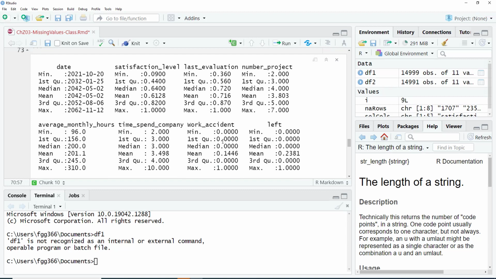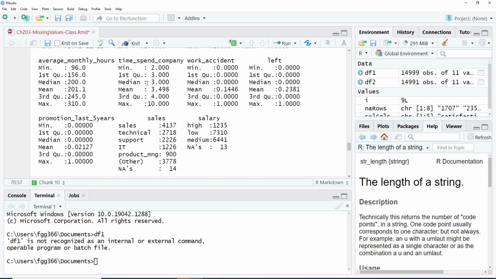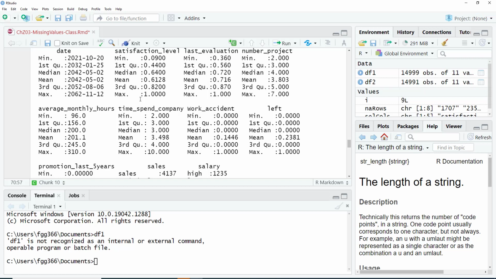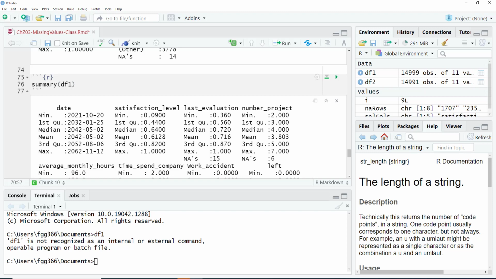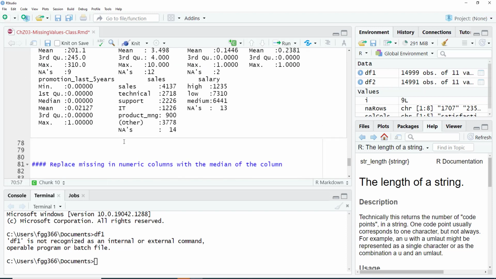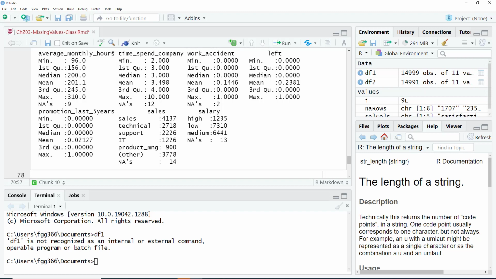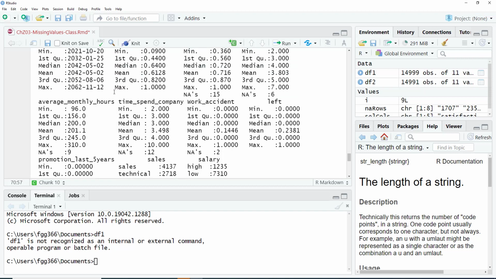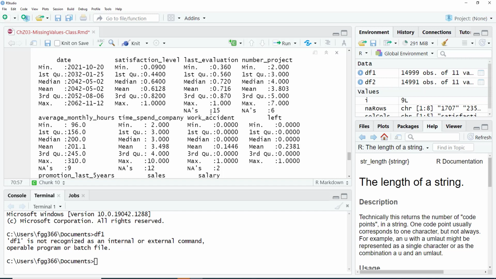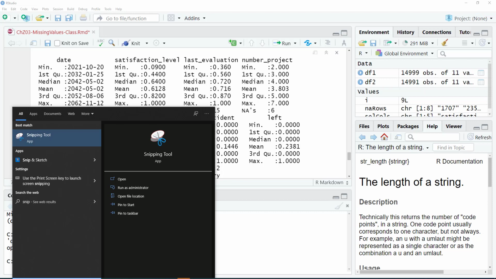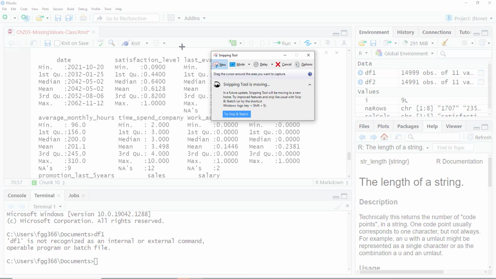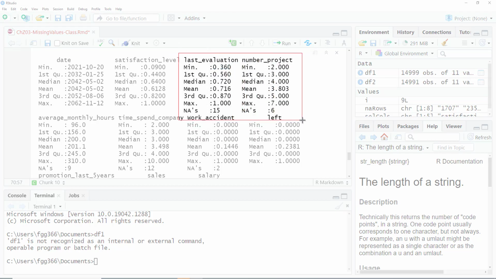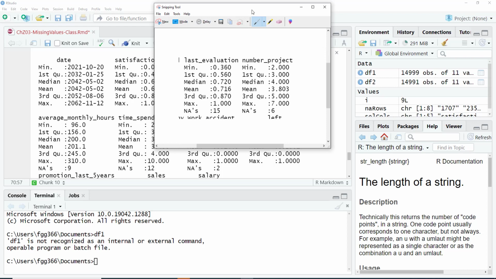All right. So now you see, it's kind of hard to see, I guess. Let's look at that one. Last evaluation. Okay, let's look at these two.